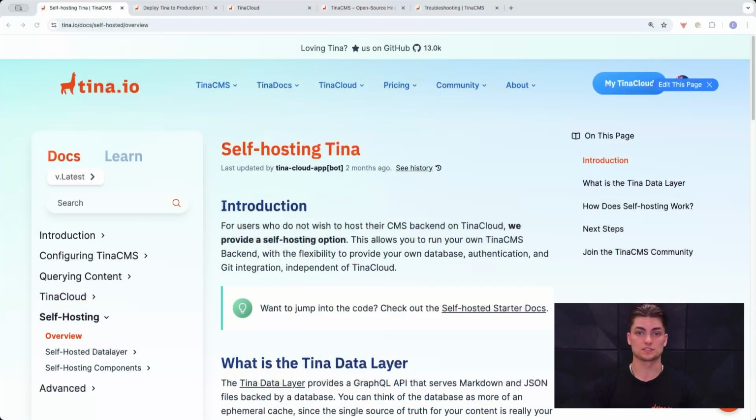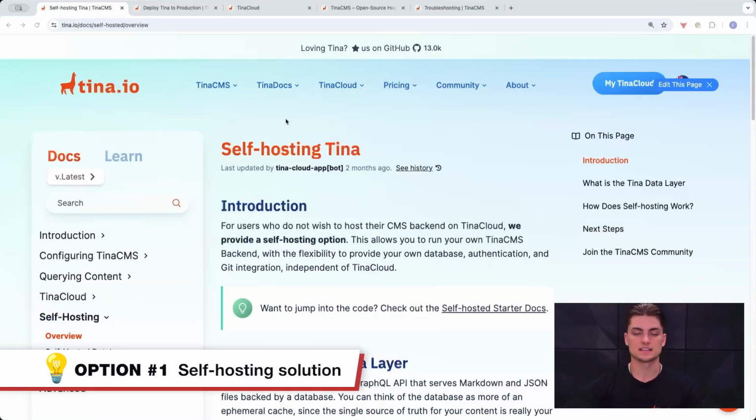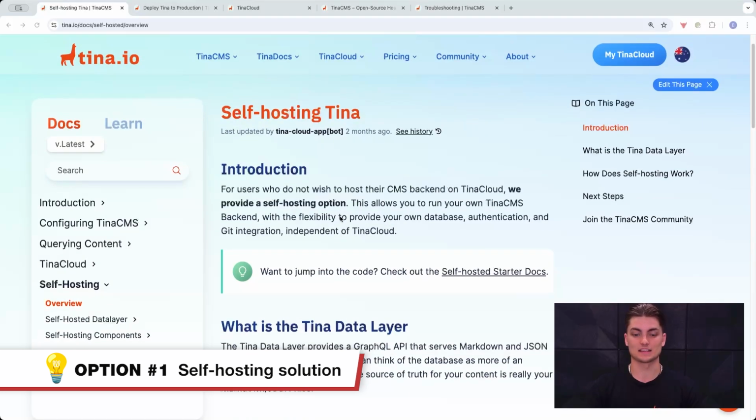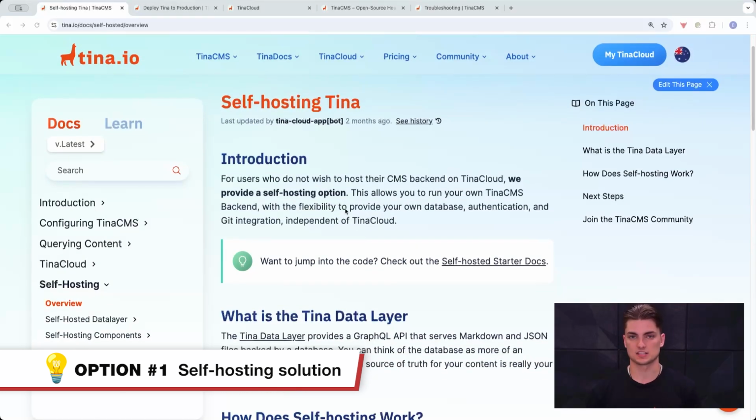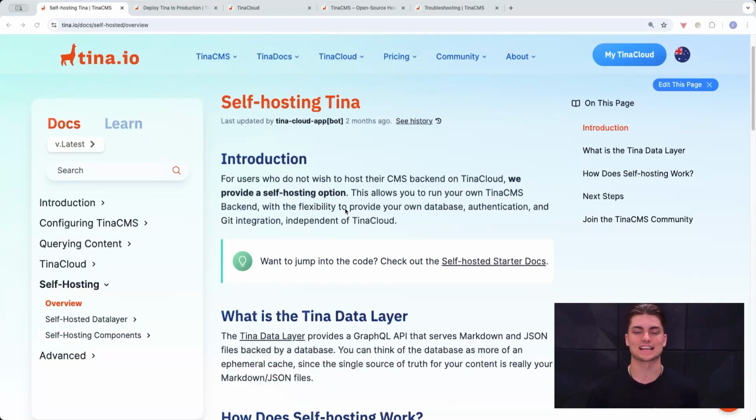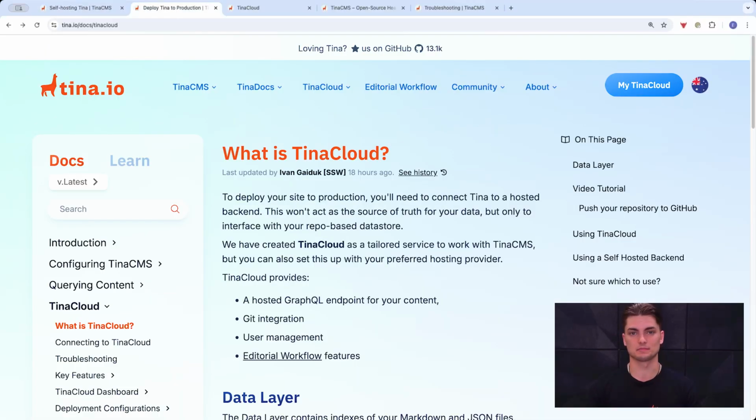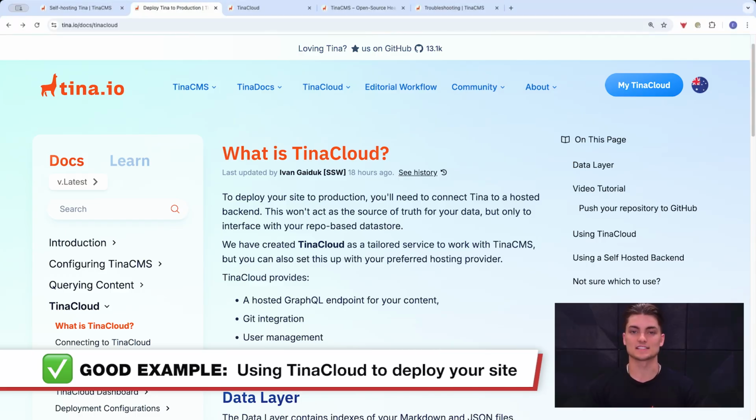So what are the couple ways that we can set up the data layer? One is to use self-hosting. And that is when you use our self-hosting packages to set up the data layer yourself. As this is a custom implementation, it does take some time, which is why it's not the recommended option. The recommended option is to use TinaCloud. And this has its own data layer, so that when you set up TinaCloud with TinaCMS, that data layer is